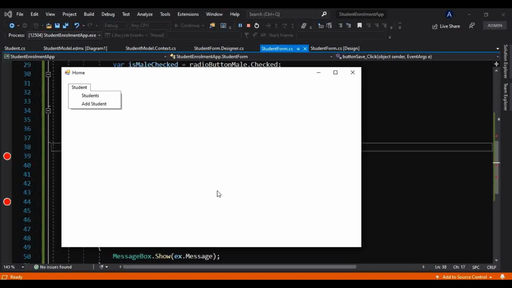For that we will create a login form, that we will see in the next part, as well as how we can fetch the student record from the database and show it on a form.